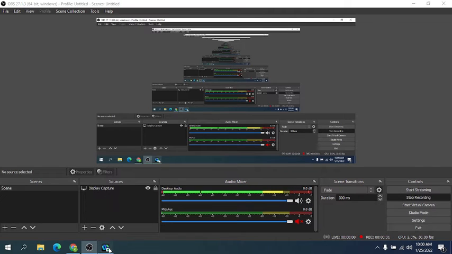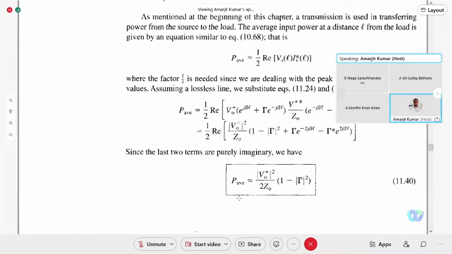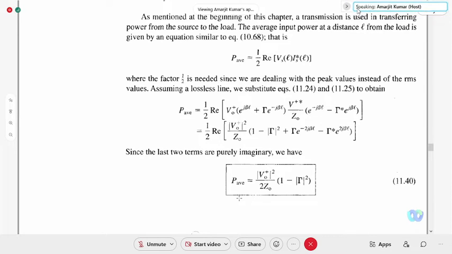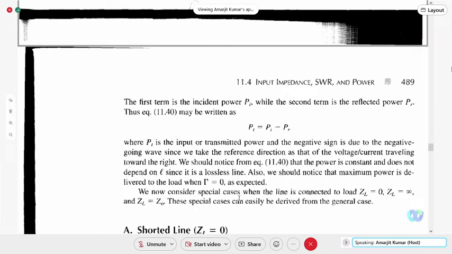V naught plus whole square upon 2 Z naught, and reflected power will be equal to mod gamma square into V naught plus whole square divided by 2 Z naught. So now if we consider the short circuited transmission line,